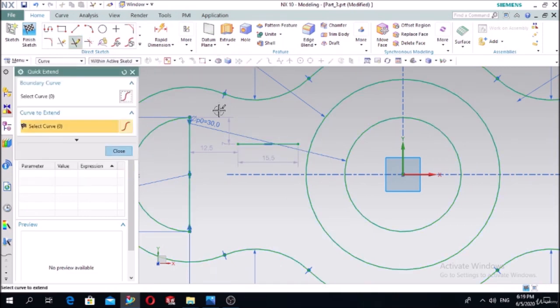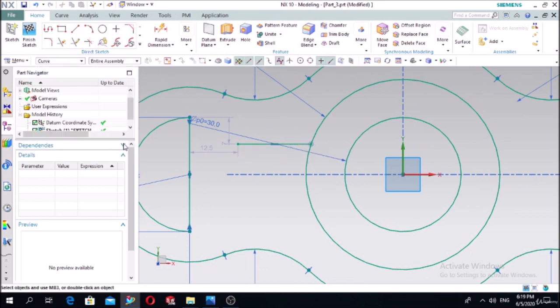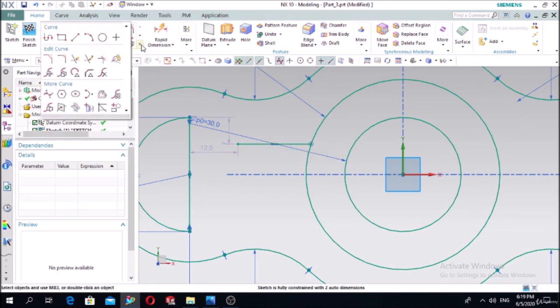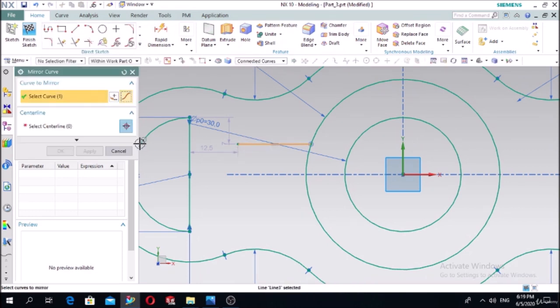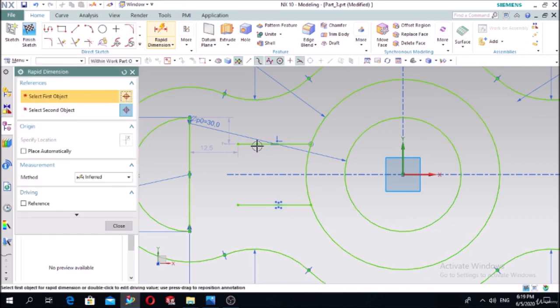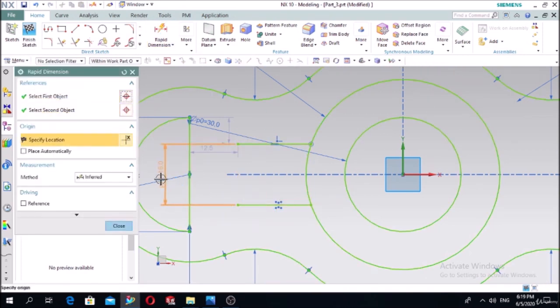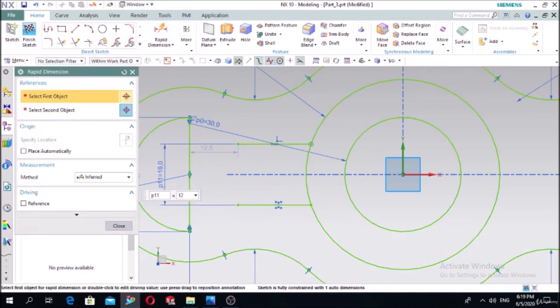Okay, let's make quick extend this one and make it mirror along this center line and define the distance, this 12,